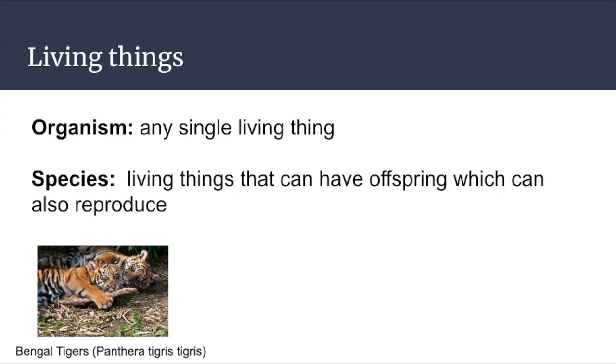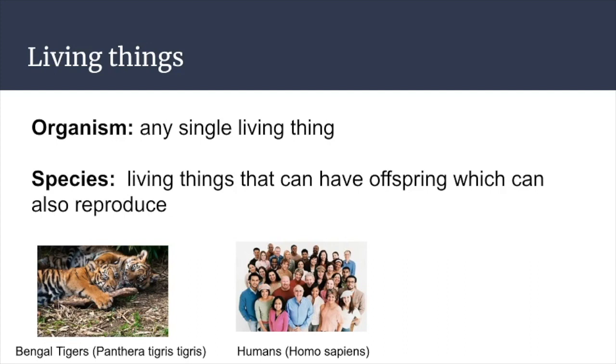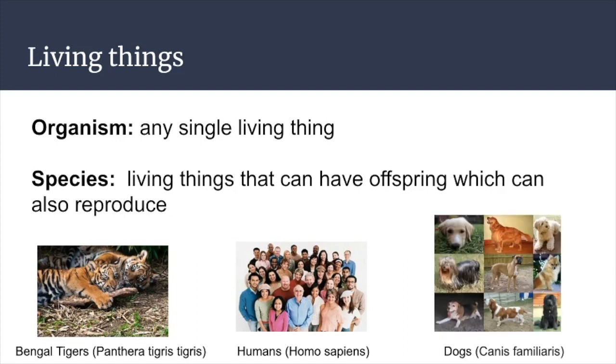Bengal tigers. Okay. And there we have the Latin names, Homo sapiens for humans, right? And dogs. So some species can look very different, but all common dogs are able to reproduce and have those babies also be able to reproduce. So even though a golden retriever and a wiener dog look nothing alike, still the same species because they can have a baby and that baby can have babies. However, dogs and wolves are not the same species because a dog and a wolf can't even have a baby.